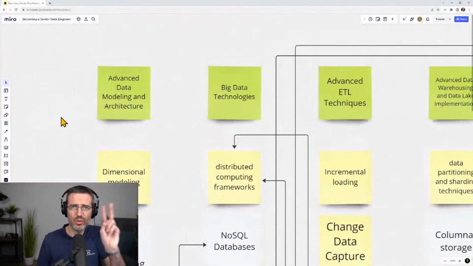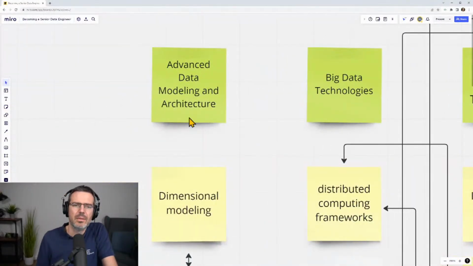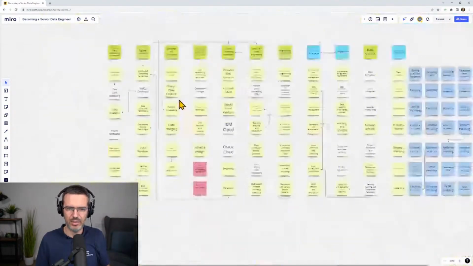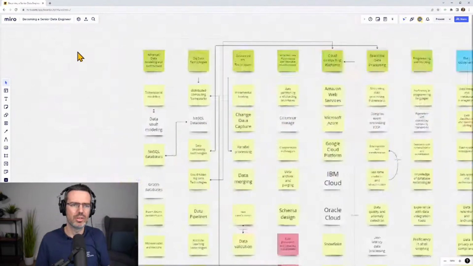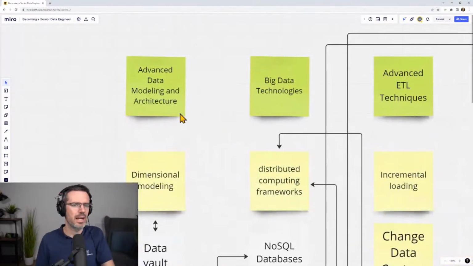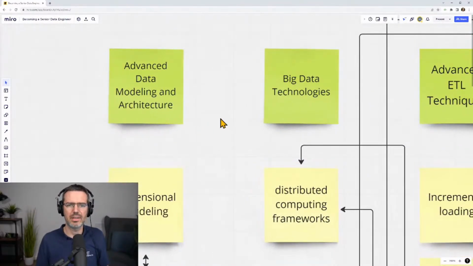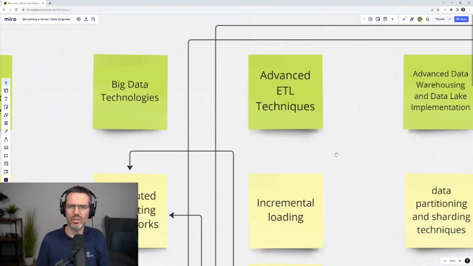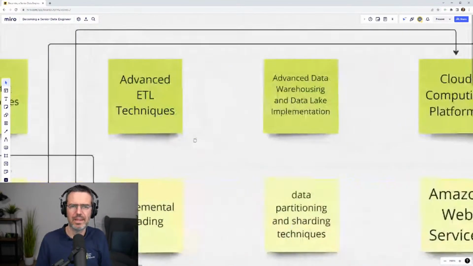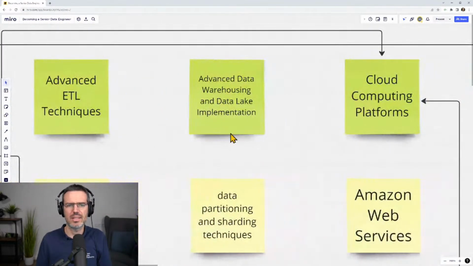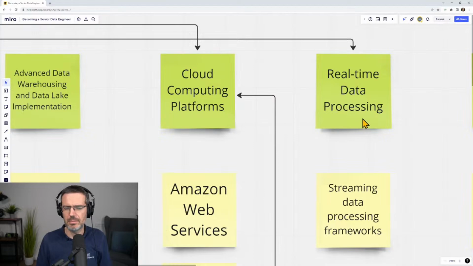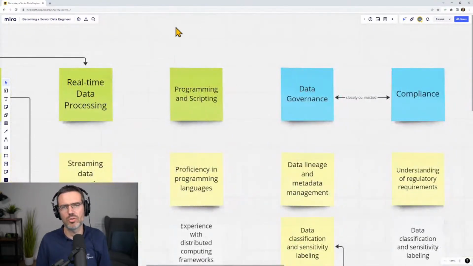What we have been talking about in the last 2 videos was the overall topics, and then we dove deeper into the important topics, which I grayed out sometimes. Basically the important stuff is advanced data modeling and architecture, big data technologies like frameworks and so on to process large amounts of data, advanced ETL technologies, data warehousing and data lakes, cloud computing, real-time data processing, and also coding.